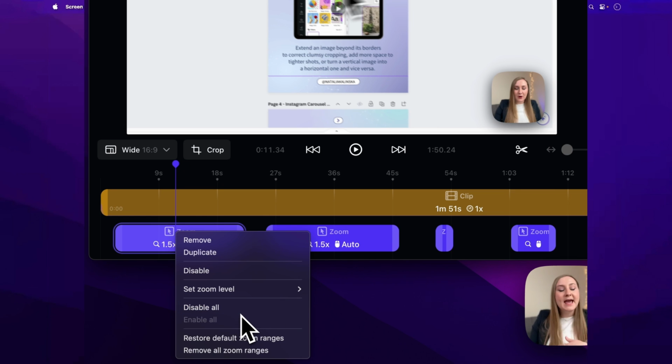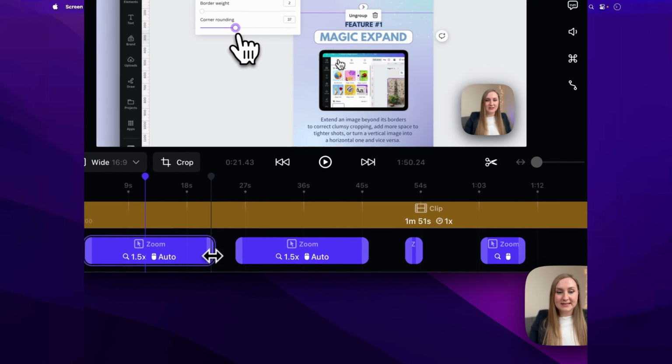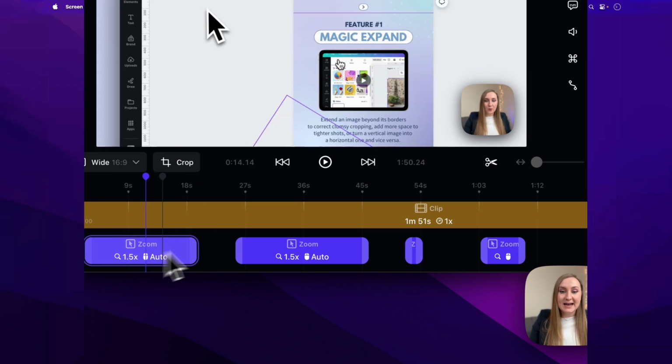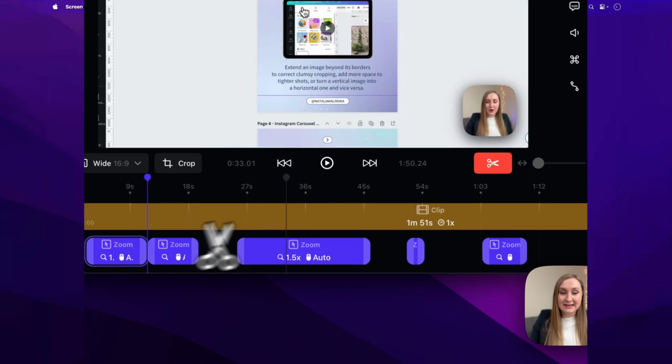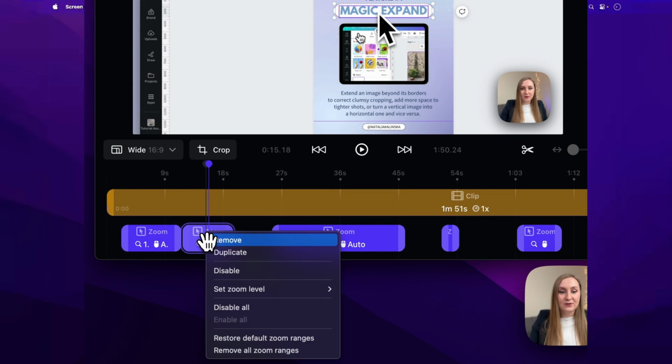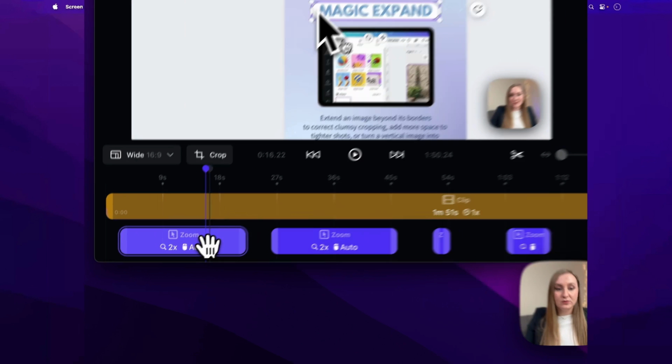But I think normally it's set to 2 times. You can disable all of the zooms from here, or you can restore the default zoom ranges. So if you're playing around from the timeline, you will be able to actually adjust how long those zooms are. You can also split the zooms like this, just the same way as you would with the main clip, like this. And if you ever want to go back, you can also go to restore all default zoom ranges,